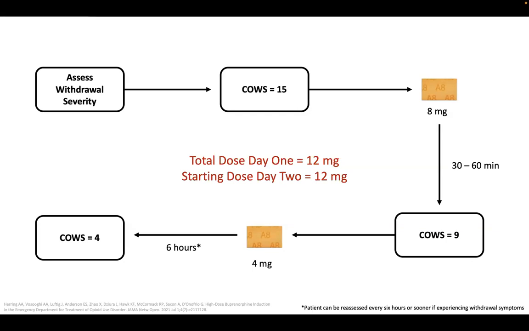Then we continue to assess her intermittently through the day and administer more buprenorphine as needed based on her withdrawal symptoms. After about the first 2 days, we find a maintenance dose that alleviates her withdrawal, which is 8 milligrams of buprenorphine twice a day, and this is a very typical starting maintenance dose for buprenorphine. She is discharged, and like almost all patients on buprenorphine, she'll take the medication indefinitely, because opioid use disorder is a chronic illness that requires chronic treatment.